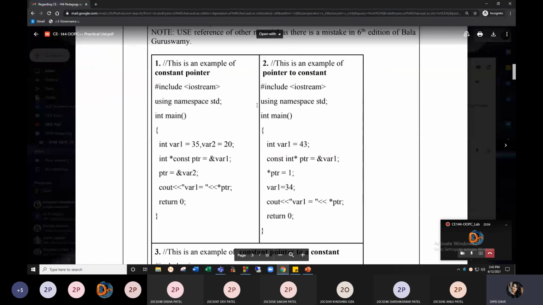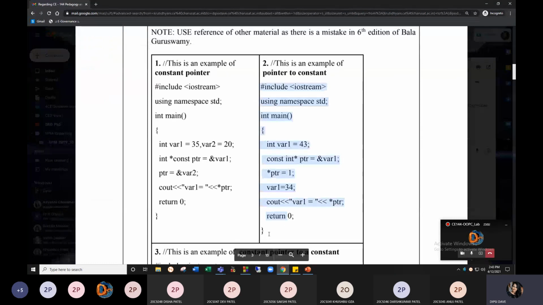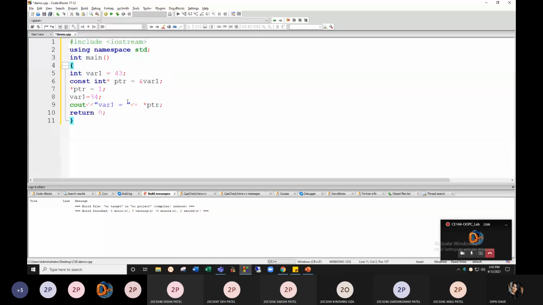Now pointer to constant, let's see this. See over here, now the pointer is not constant, but the value which has been provided is constant. That means you cannot change the value of the variable. So see this, the place of the keyword const will now be new.